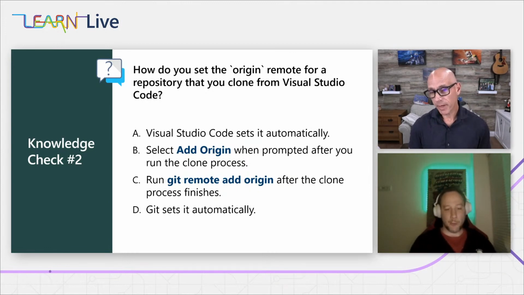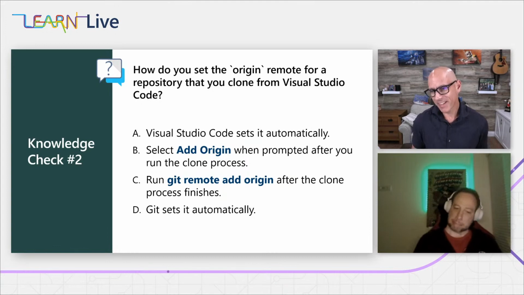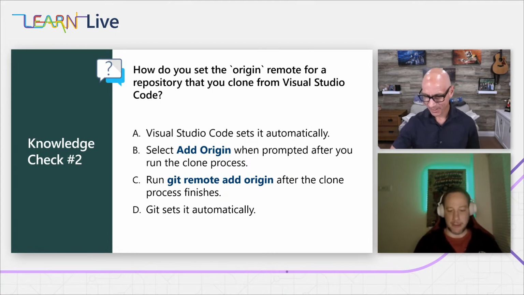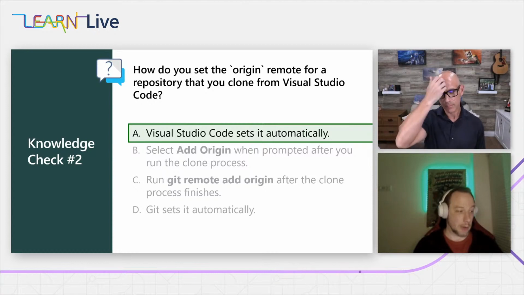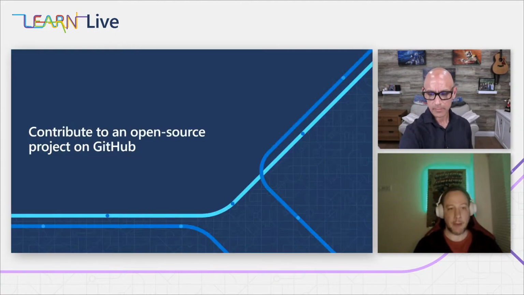So I'm going to be super positive for our participants in the audience, and I'm just going to follow them. I know this doesn't work. And we did spend a lot of time in VS Code, right? It would be pretty amazing. Let's see what comes up. Cool. Looks like Visual Studio Code is defining it automatically for us, making our life as DevOps engineers way too easy. Thanks for the ones who participated. A little applause for the ones who had the correct answer. Since all of you went for option A, thanks for participating. We got a couple more questions coming up later on, but let's move on and talk about some other stuff.